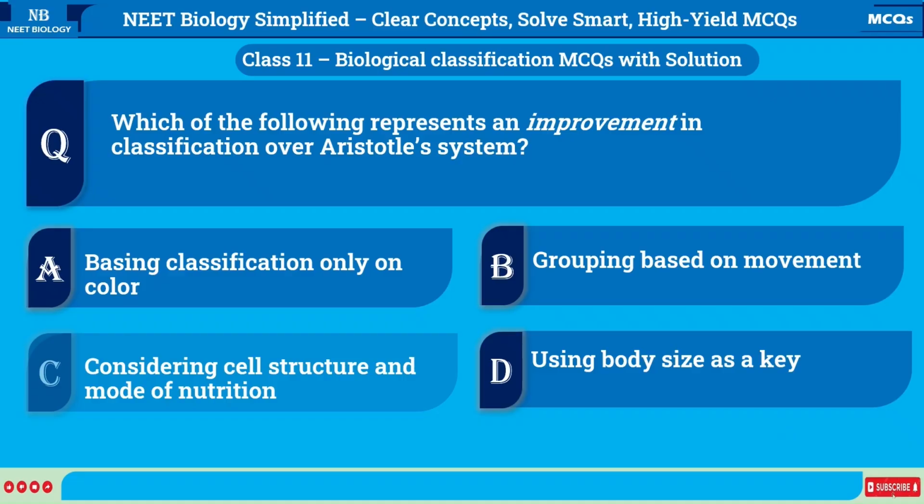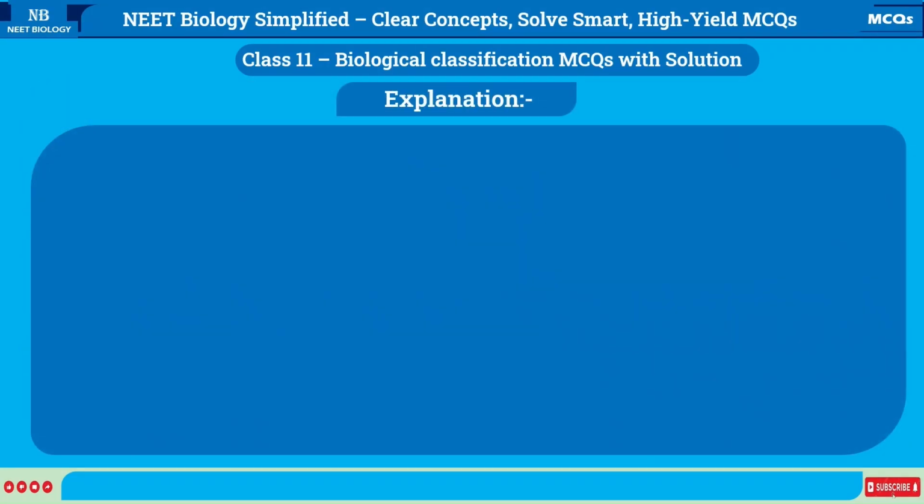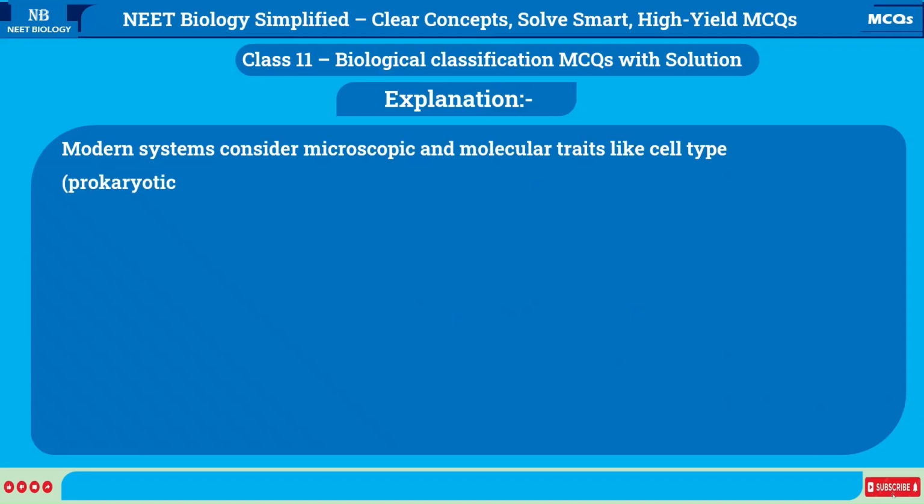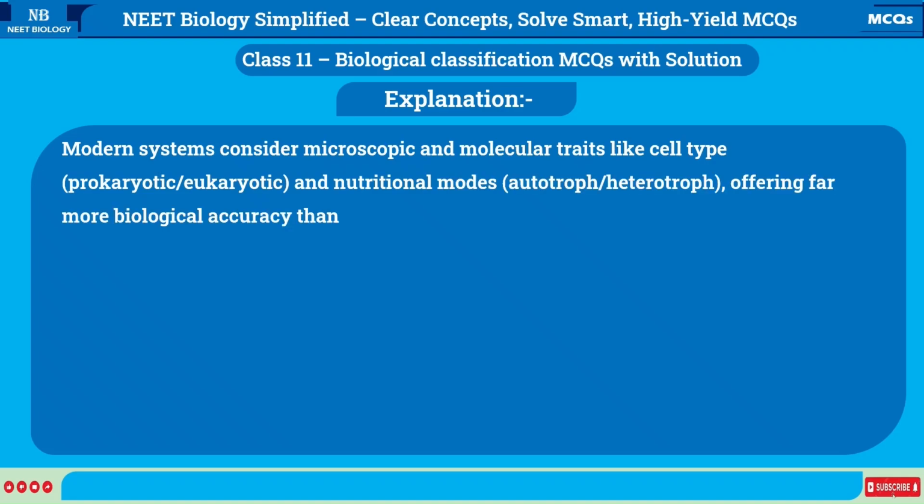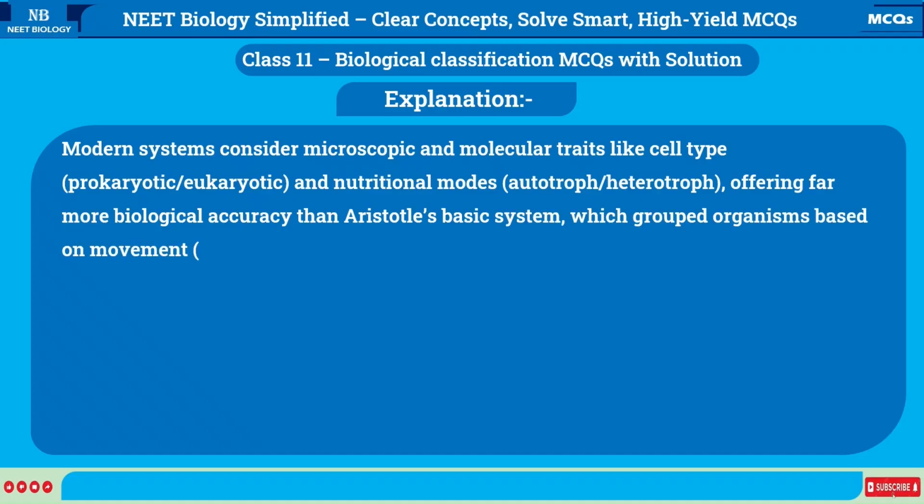Correct answer is C, considering cell structure and mode of nutrition. Explanation: modern systems consider microscopic and molecular traits like cell type, prokaryotic, eukaryotic, and nutritional modes, autotroph, heterotroph, offering far more biological accuracy than Aristotle's basic system, which grouped organisms based on movement, B, or appearance, A and D, without